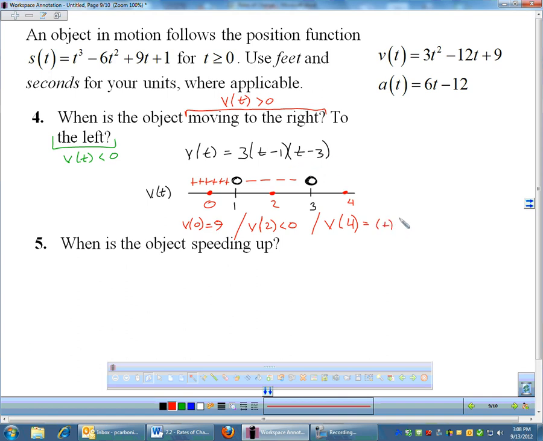4 minus 3 is positive. And then times 3 will still be positive. So on this interval, my velocity is positive. So now I can look at that number line and I can say, okay, my object is moving to the right